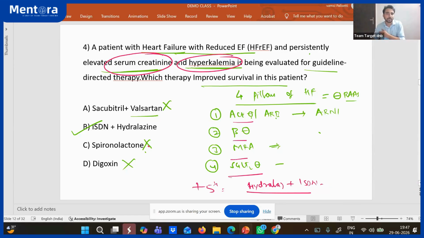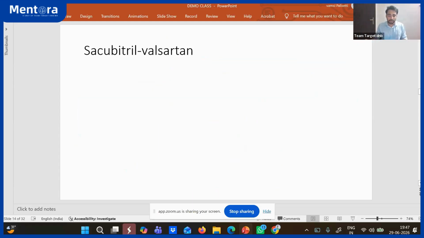You just need to follow the patients, because so many heart failure patients are coming. You are giving ACE inhibitor, beta blocker, MRA and also SGLT inhibitors. But if the patient is developing hyperkalemia, you are stopping ACE inhibitors. If the patient is developing some renal failure, you are stopping ACE inhibitors. The same thing the examiner has asked, whether you are following rounds or not. That's it. Right? One important thing I want to discuss, even though the examiner didn't ask about it, because it's a very, very important drug.